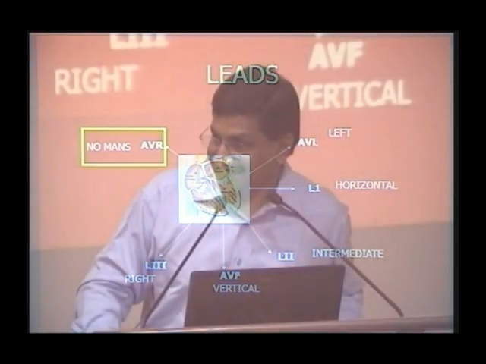So now what I am going to do is to assign a number to each one of these leads. We have seen 5 leads, 6 leads. For each one with the tallest positive, we know what the axis is. But instead of saying a normal axis, I am going to say a number: 0 degrees, 60 degrees, 90 degrees like that. For example, instead of normal axis, we say the axis is 60. That fellow must know 60 degrees is normal axis. Right? Or instead, you say 0 degrees. That fellow must know 0 degrees is a normal axis.